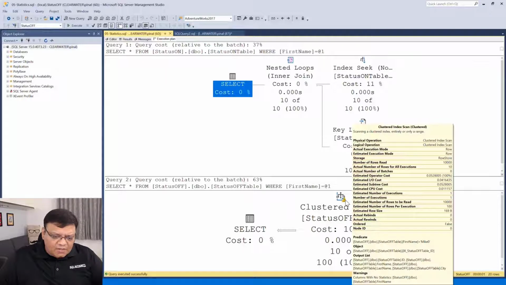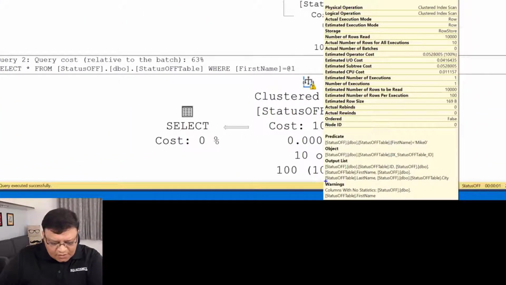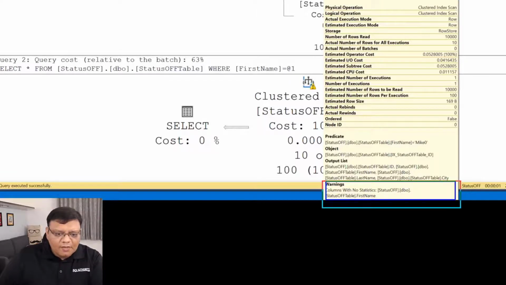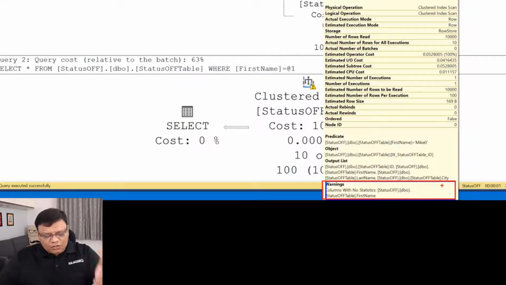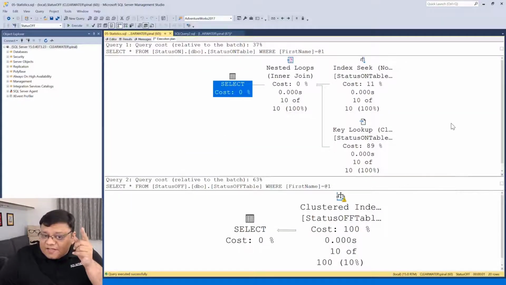Now there is a yellow bang, or yellow warning, here. When I mouse over it, it says column with no statistics. If you're wondering where I'm looking, I'm looking at this last row. I don't know why it went blue, but look, this is red again. I put red on top of blue, so it looks ugly. But there we go. This is the warning: column with no statistics. Why does it say that? Because there are no statistics. Remember, for the query on top I have statistics enabled, and for the query on the bottom my statistics were not enabled for create and update.